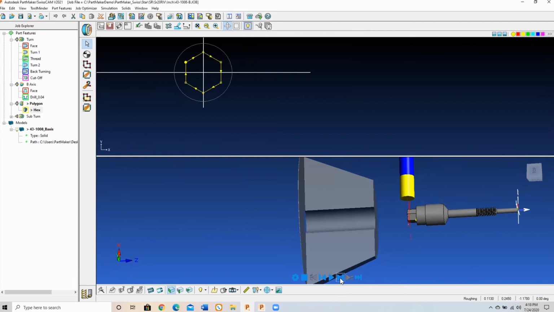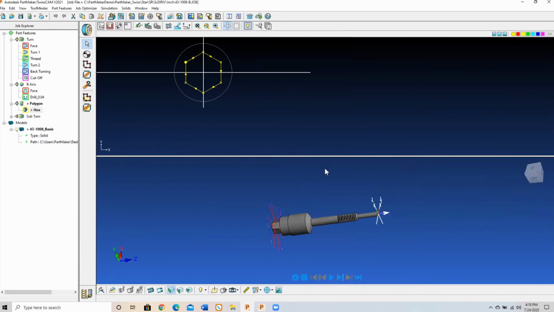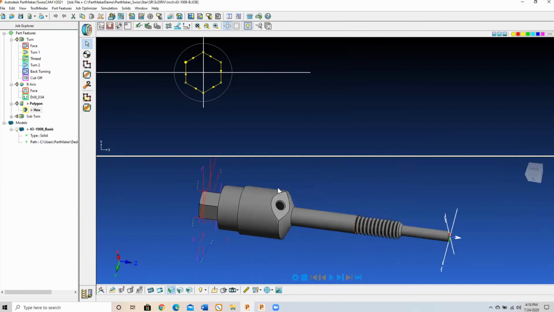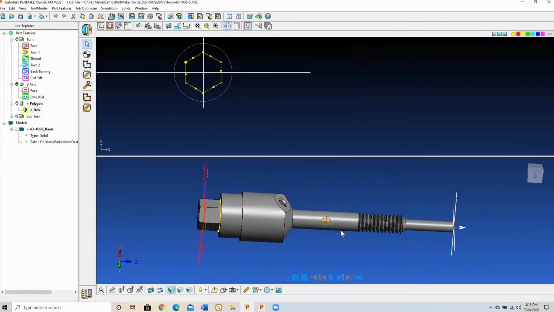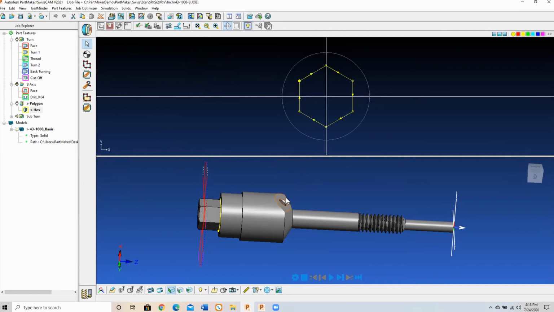And as you can see, we're just indexing the tool back and forward quickly and easily, creating the flats. The wrinkle on this part is this angled surface here. This requires B-axis motion. PartMaker does have the capability of creating 5-axis positioning and simultaneous 5-axis motion. To create the construction plane so that the tool is oriented parallel to the construction plane is quite a simple